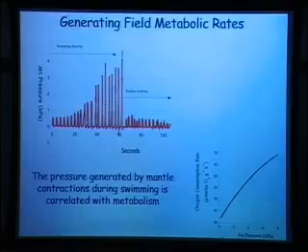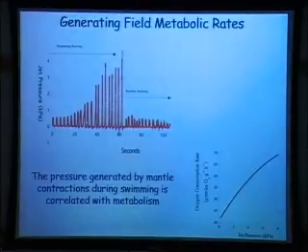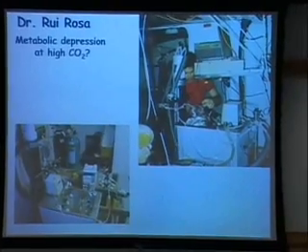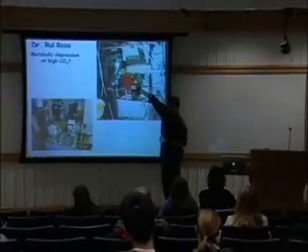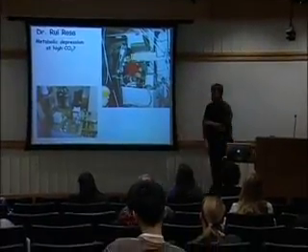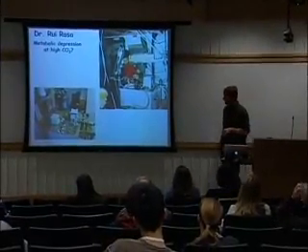So eventually we'll be able to put a tag inside the animal, release it into the wild, and get field metabolic rates theoretically from that. So that's the idea, and we're close. But most of the data I'll show you today, we ended up using smaller animals that fit in these chambers. Same species, but juveniles that we could dip net over the side of the boat.